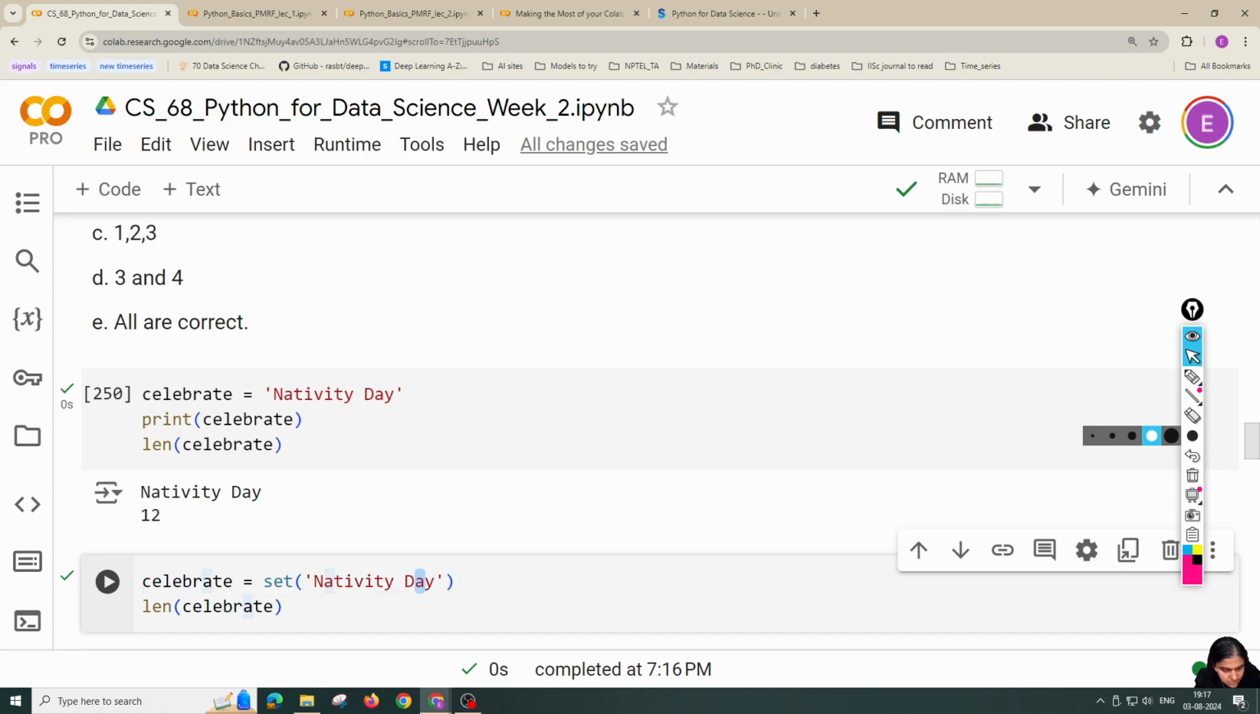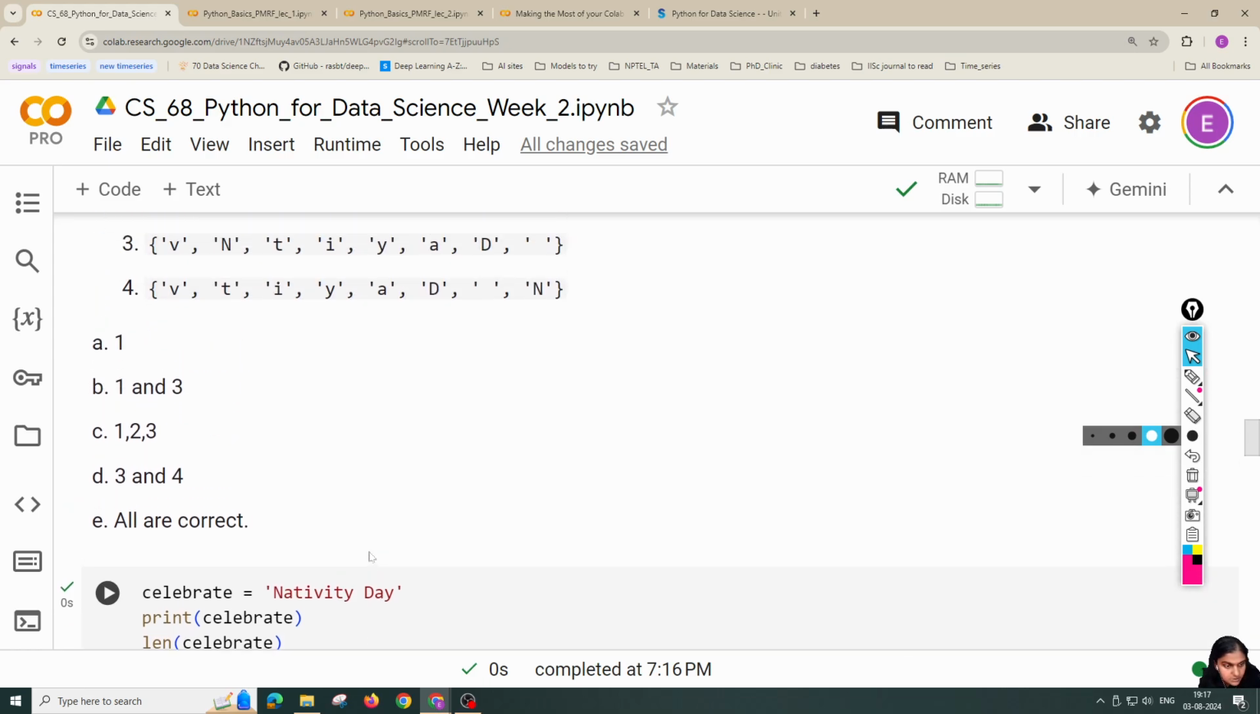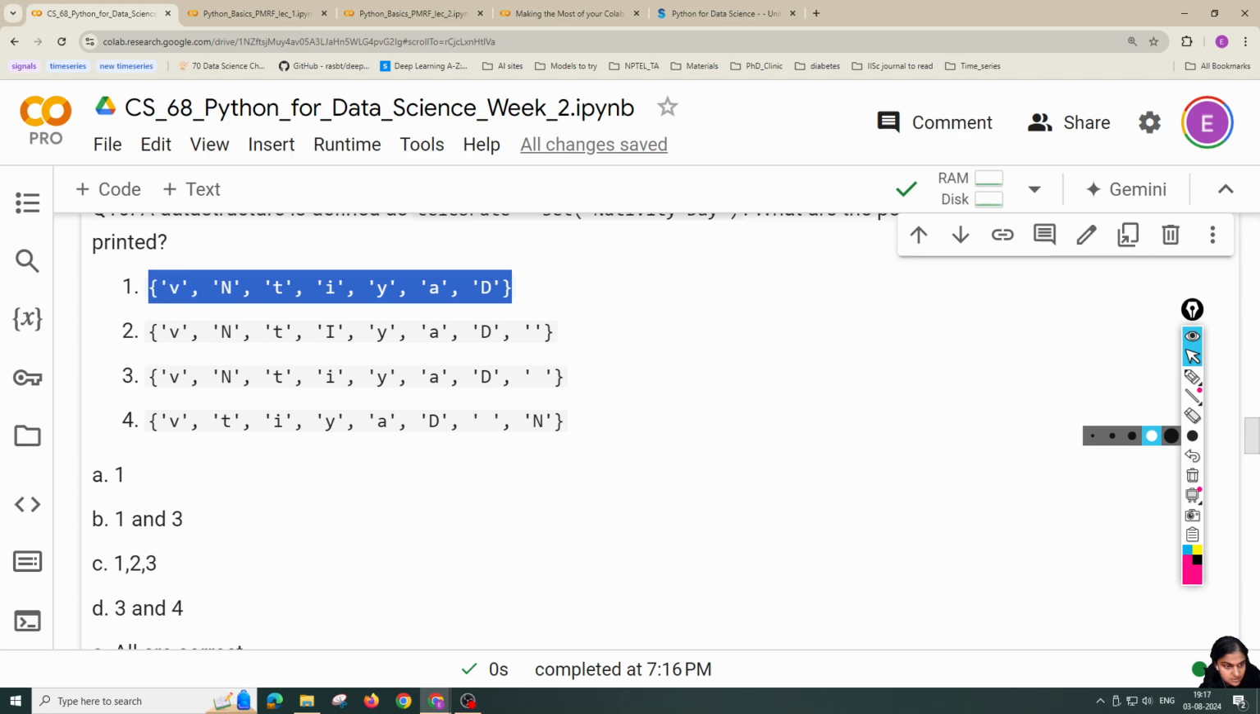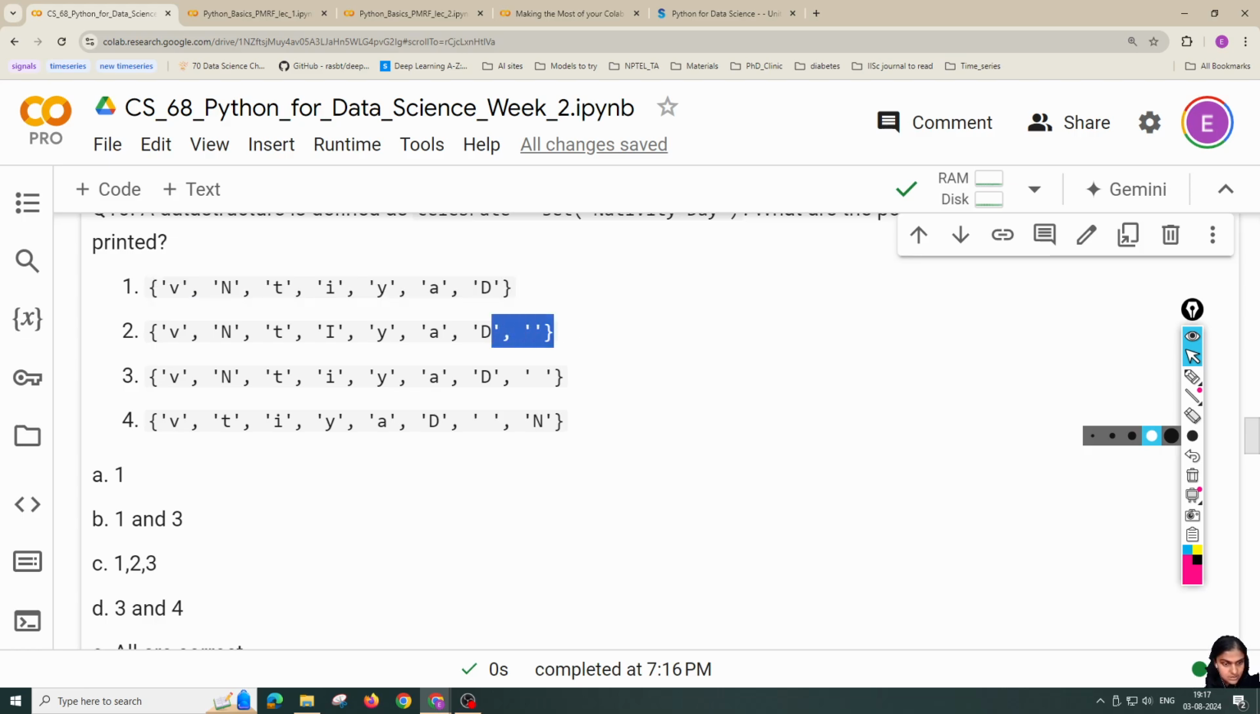So there are repetitions for I, T, A, etc. All those will be removed. There will be no order, but that is fine here, okay? So there is no order in the options. But when you see the first one, what is the error in the first one? The first option is wrong, okay? Can you tell me what is wrong? Space is missing, yeah, space is not there. In the second one,